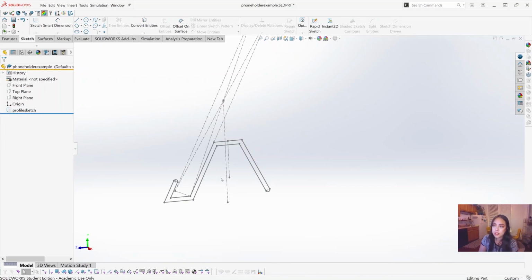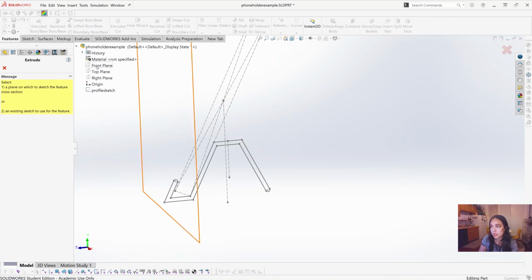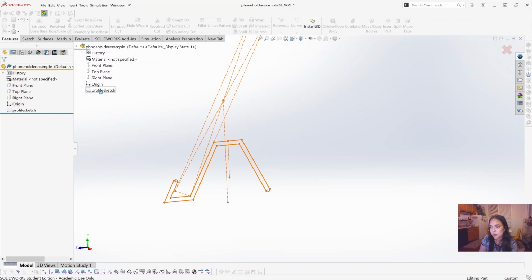And now let's do the final step, which will be to extrude it. So to extrude it, we go over to the Features tab, Extruded Boss/Base, and it's going to ask you to select a plane on which to sketch the feature cross-section, or number 2, an existing sketch to use for the feature. We just drew the sketch, it exists, and so how do we click it? So it's hidden here, but if you click on this arrow here, that's going to show you that feature tree list again. And so we can go down, click Profile Sketch,